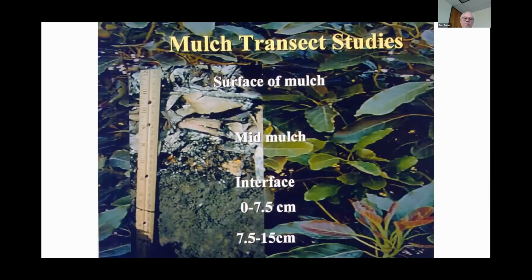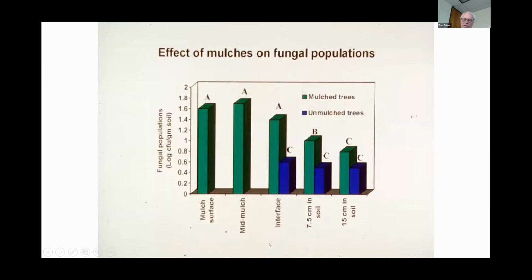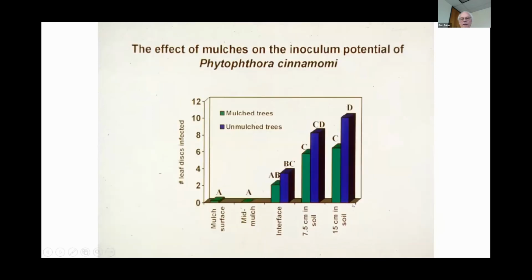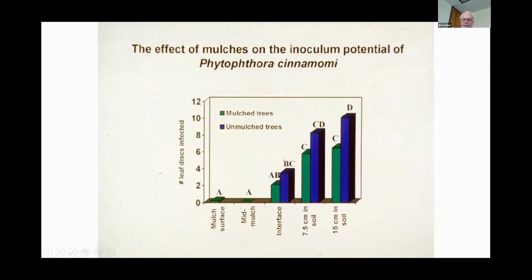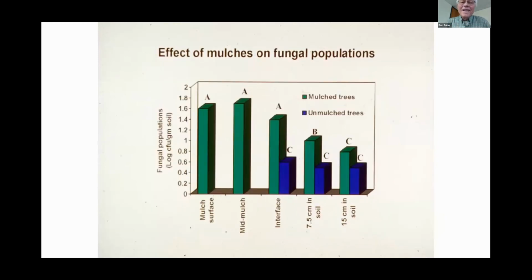So here's an example of this impact of putting on materials, and we're looking at a mulch applied at the surface and then looking at its impact with depth into the soil. And we looked at the fungal populations that were growing in the mulch, mid-mulch, at the interface of the soil and mulch, and then deeper down. And we were looking at the actual fungal populations that were growing. Sheesh, I don't know why that's not stable. Anyway,